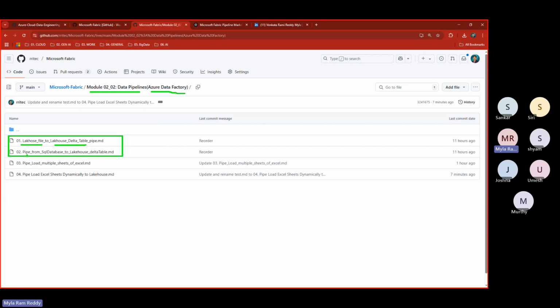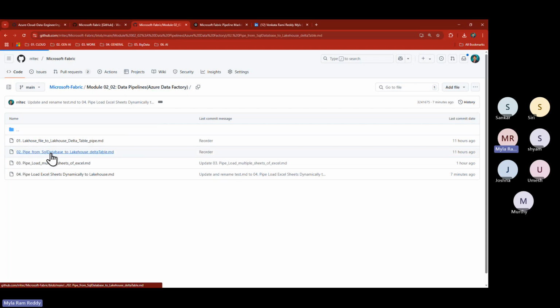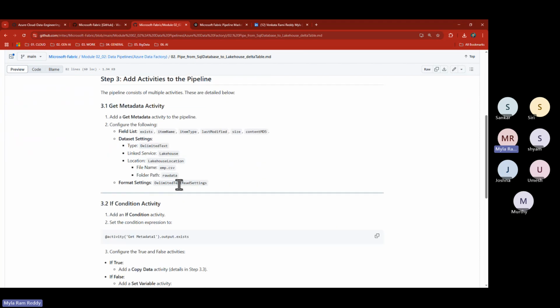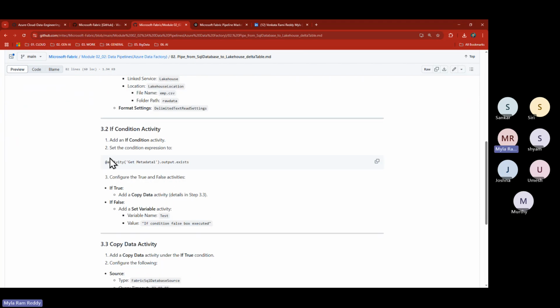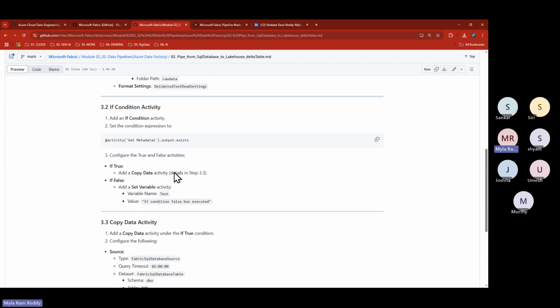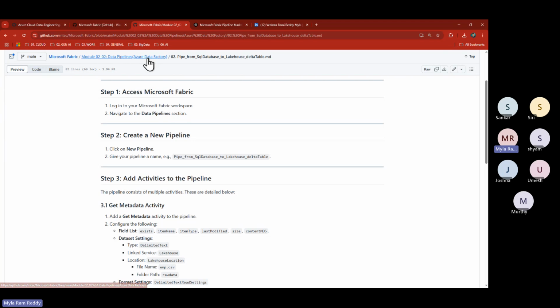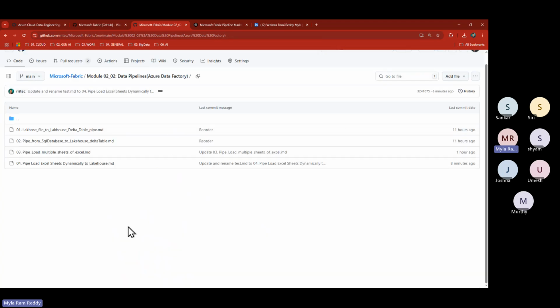And the second pipeline we created using a SQL database as the source, and we created the delta table inside the Lakehouse. As part of that, you understand how to get the SQL database data and everything. We got it, right? So you connected to the SQL database, and we are trying to push that to the delta table. Okay, now today what we are trying to do is